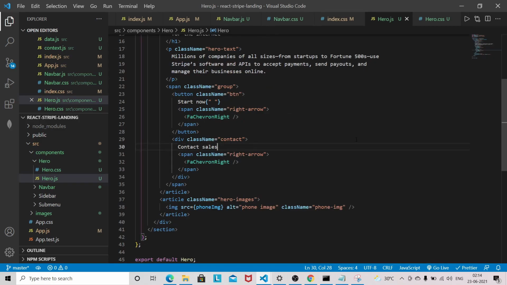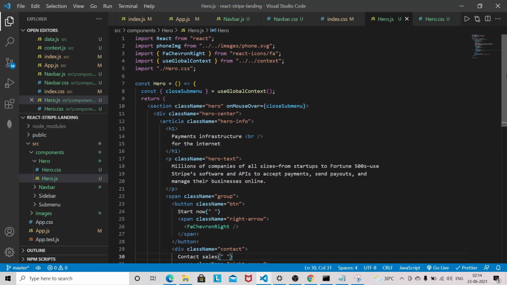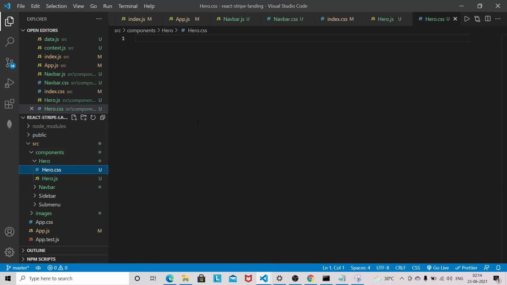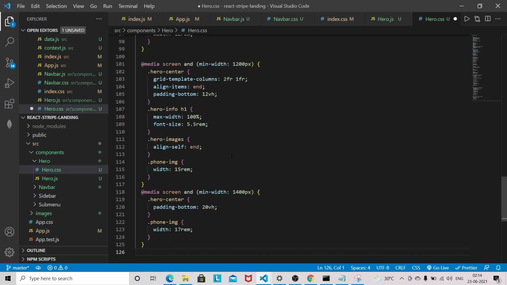Let's also give some space here, like this way you can give space, and let's paste the CSS code into our hero.css file. So guys, I am pasting the CSS code for the hero.css file.